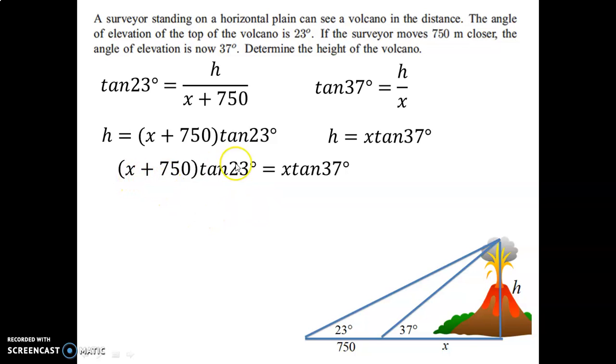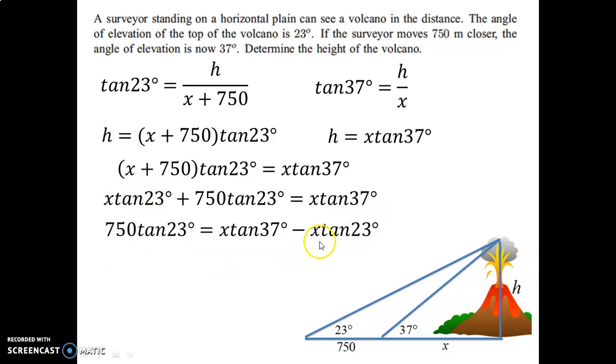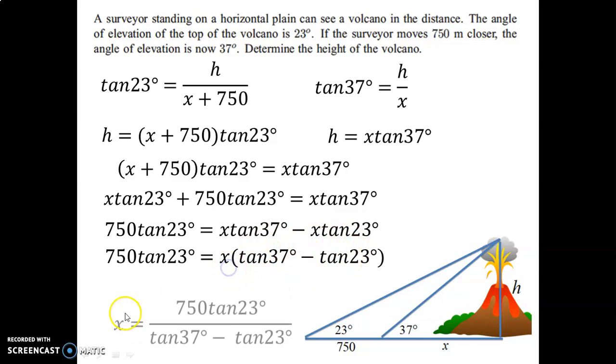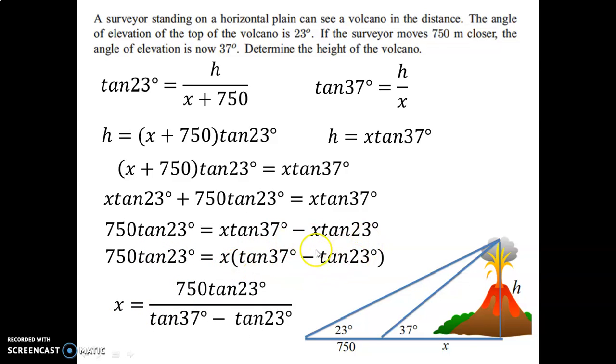Let's take a look. This part you can multiply out, so x multiplies tan and 750 multiplies that tan. We have this. Now our goal is to get all the x's on one side, so I have this and this and this here. So I'm going to take this and subtract it over to that side. There it is, so that went over there. Now I have x and x here. We can do factoring, so factor out the x from both of those. So here's the x factored out, and now it's just a matter of dividing by all this and we'll have x. So x equals this part divided by all that,